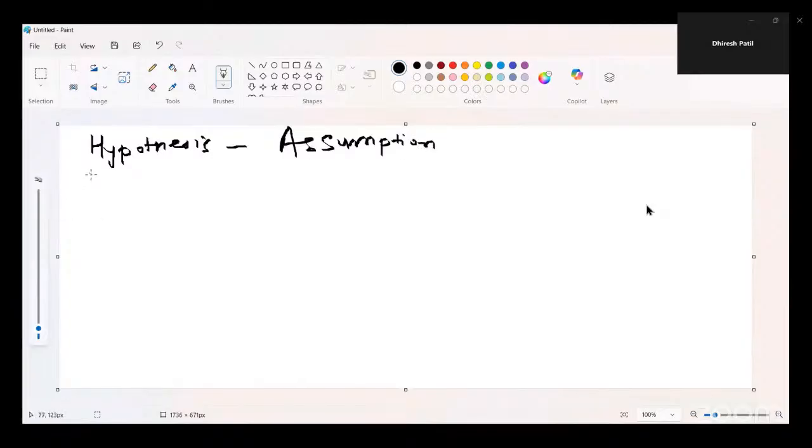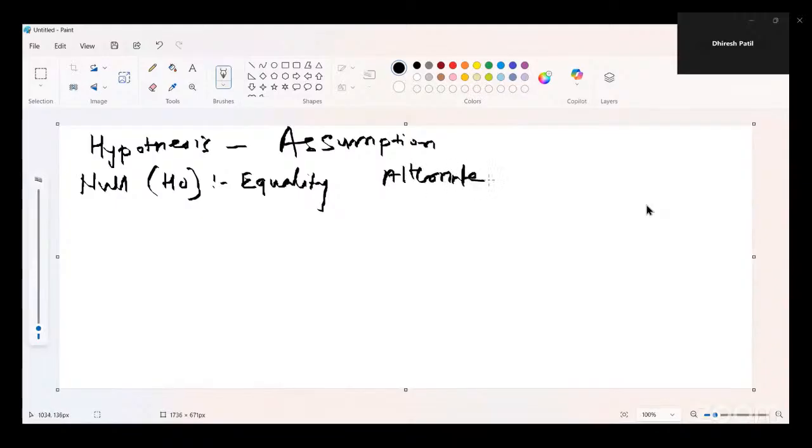So we have two hypotheses. One is called null hypothesis, which is denoted by H0, which is statement of equality. And the second hypothesis is alternate hypothesis, which is denoted by HA, which is also called statement of difference.